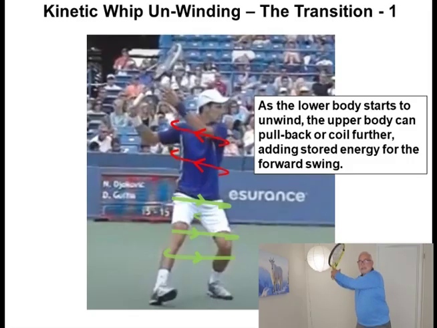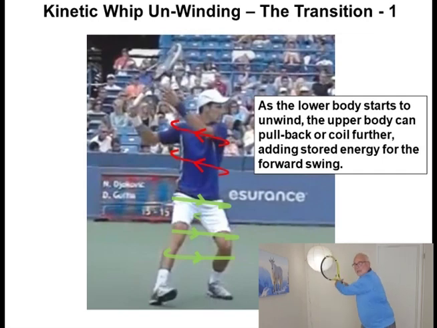So what we don't want is everything to rotate as this one piece. Then our racket head is only moving as fast as our hand in a uniform way. We're not going to get any speed. So we're separating out these segments. So as the lower half starts to unwind and maybe the non-hitting arm starts to pull more, we have one